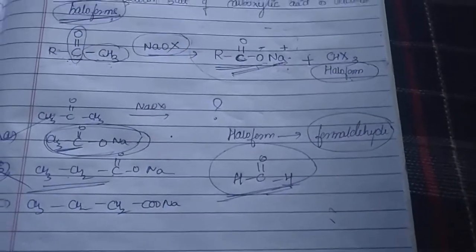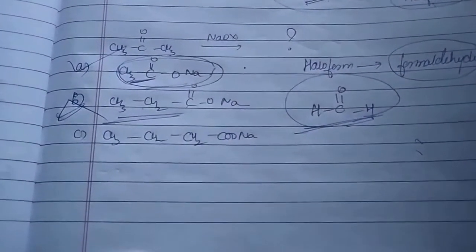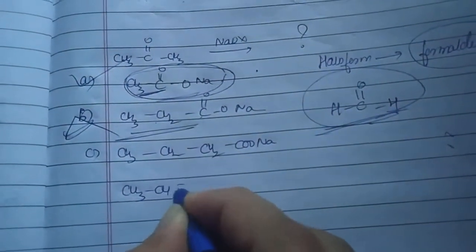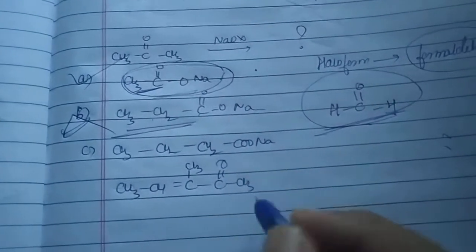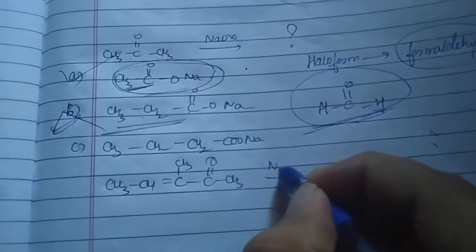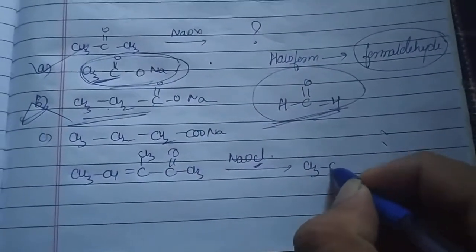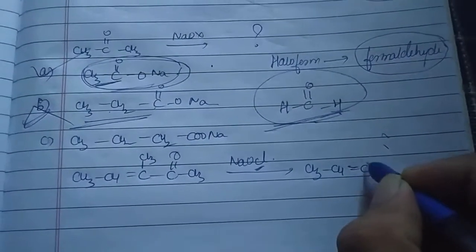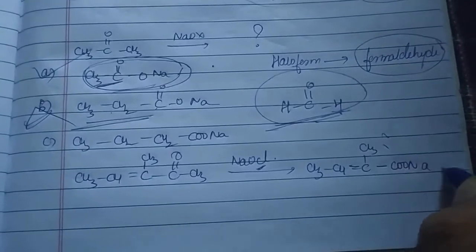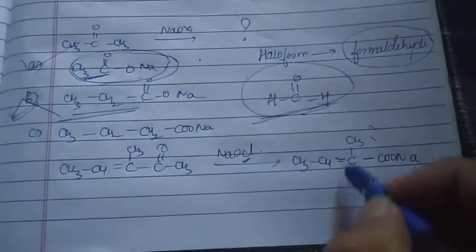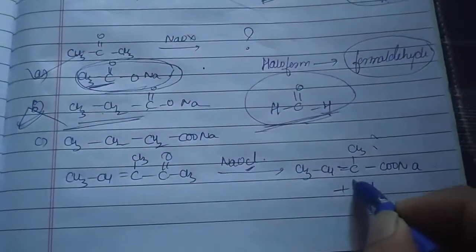Very important part. And one more important part I will try to recall by giving you an example here. CH3CH=CH, C double bond O, and CH3. Of course, when it is subjected to, for example, NaOCl, sodium hypochlorite, because I have used Cl particularly here, do remember the final product you are going to get: CH3CH=CH, COONa, plus CHCl3, that is chloroform.